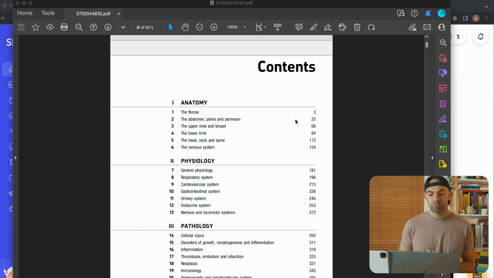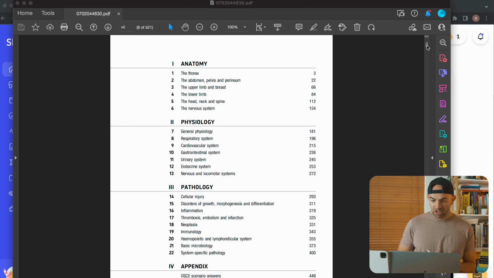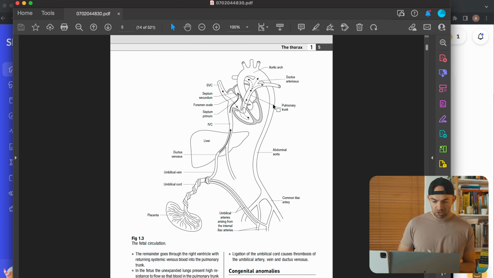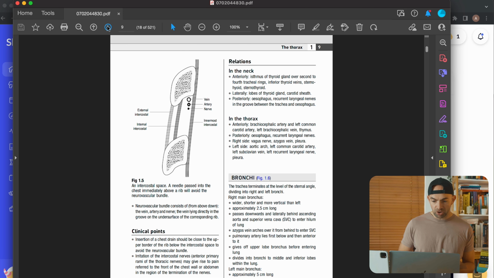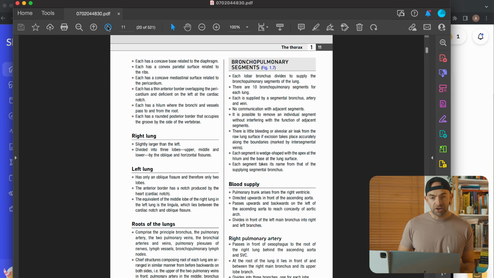Now, in this particular example, we're going to be focusing down on surgical anatomy because that has a nice mix of both images and deeper explanations that need you to understand them at that higher level of Bloom's taxonomy and higher order thinking. So what I'll then do is I will literally just skim through the book. I will jump through and go through maybe the first chapter on something like the thorax, and I will familiarize myself with the text and look at how they've subdivided some of the topics. So we can see here, there are things like the lungs, the bronchi, there are diagrams coming up,